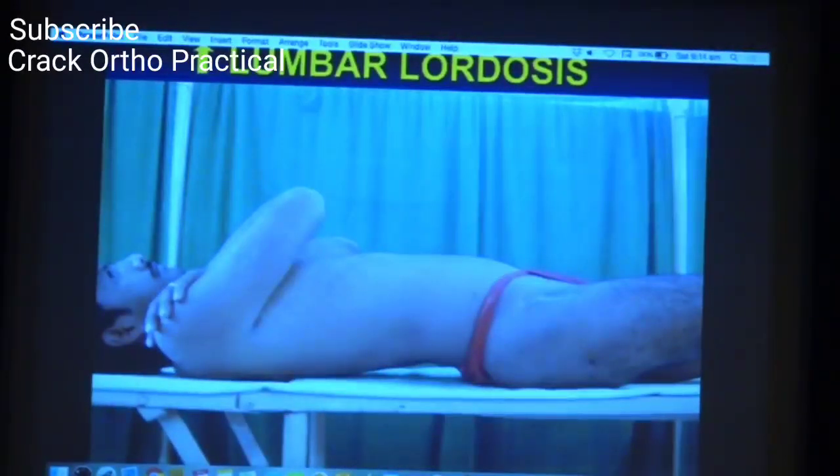And this is what I was suggesting yesterday: examination couch, hard bed, and just a double sheet on that. And if you can see the screen on the other side through this tunnel which has been created by the lumbar lordosis, then we call it, on inspection, lumbar lordosis is exaggerated.